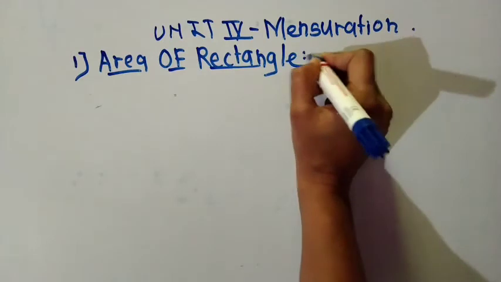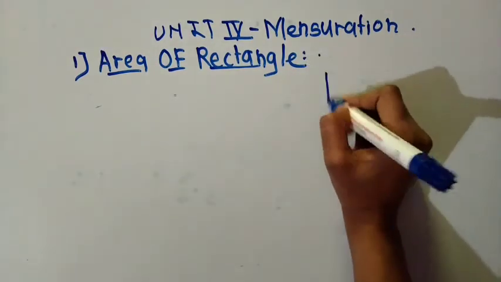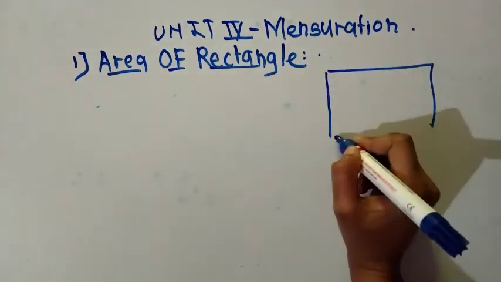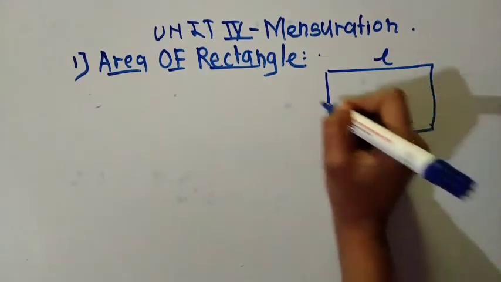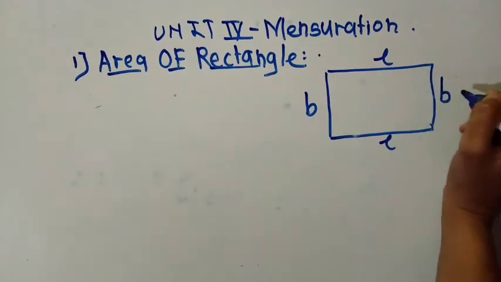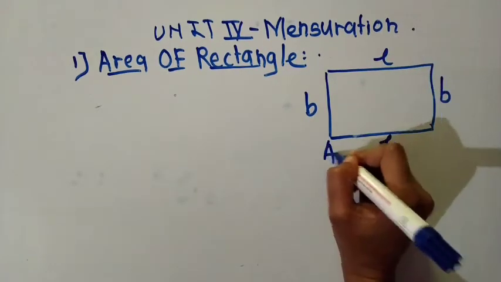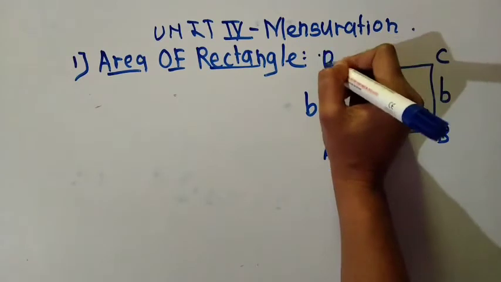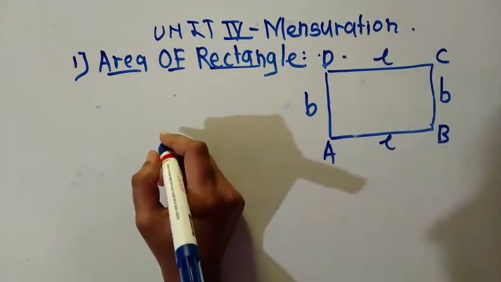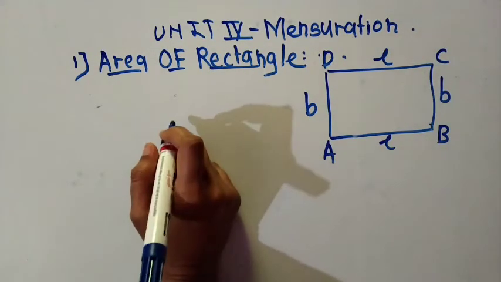So first, draw this rectangle. This is length and this is breadth. Then this side is AB. This rectangle is ABCD. Then rectangle is